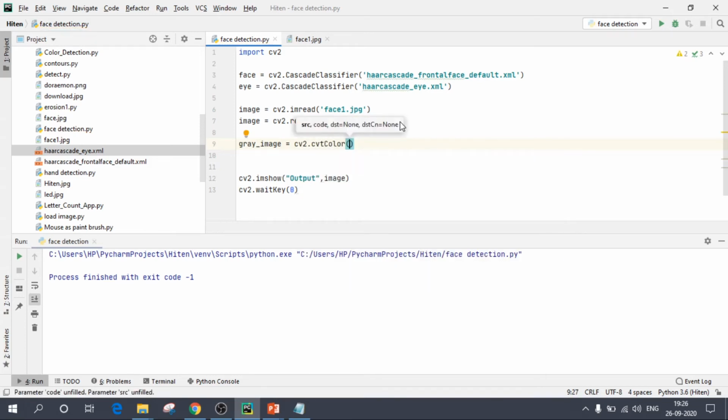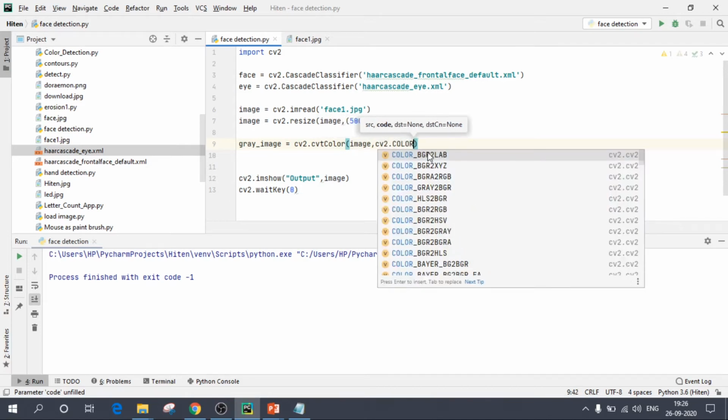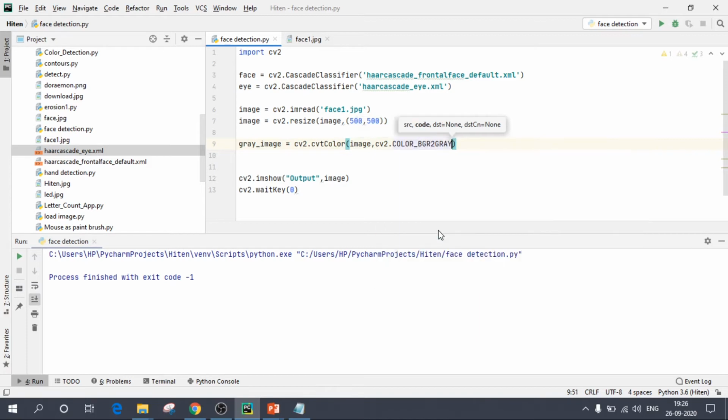Pass the image which you want to convert, so over here image, comma, the color code. The color code is cv2.COLOR_BGR2GRAY, so I'll take this one. Okay, so now we have converted our image into a grayscale image.